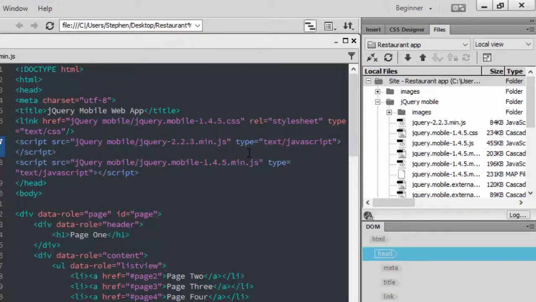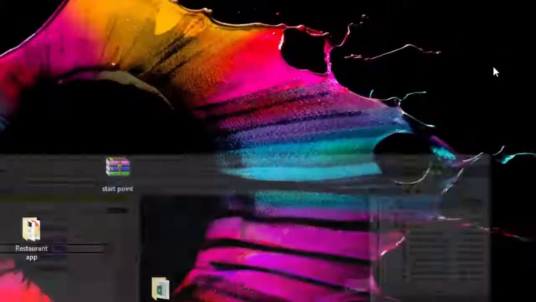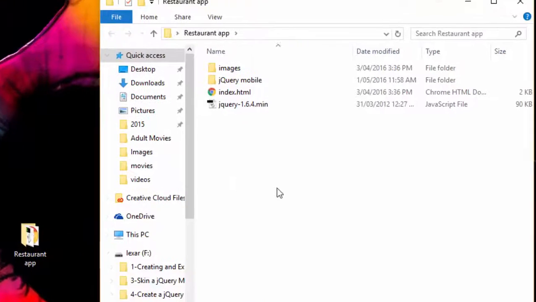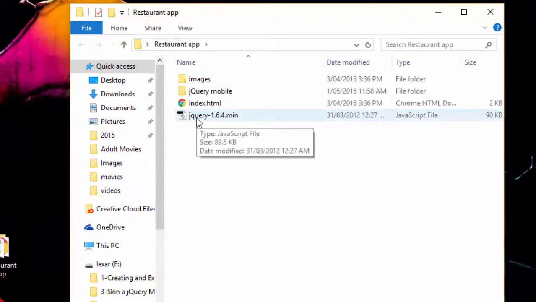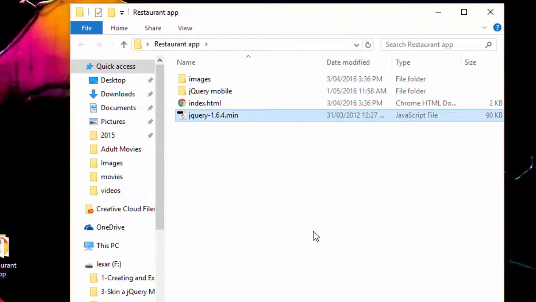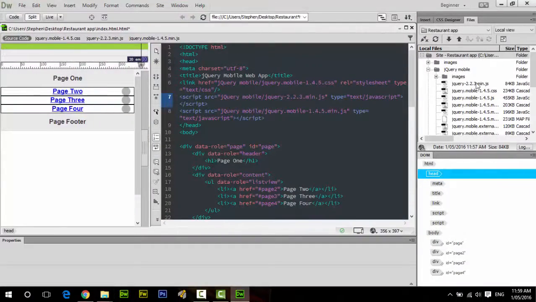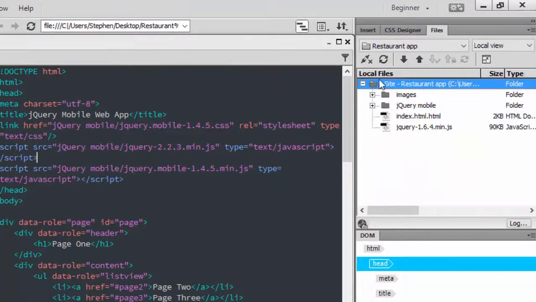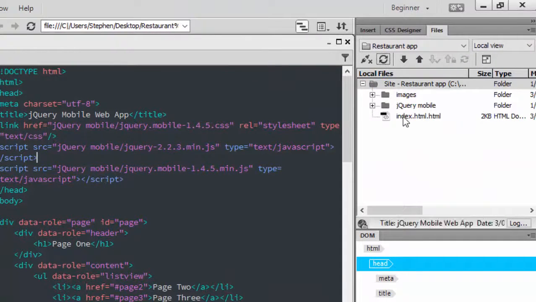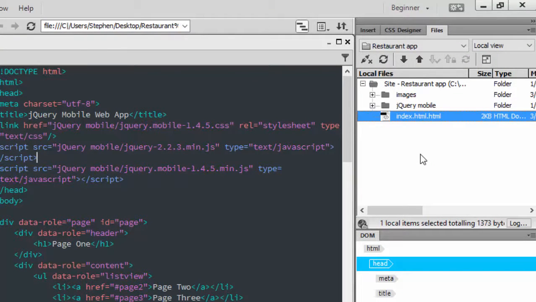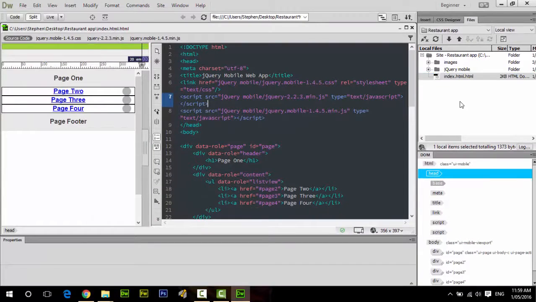and once we've done that, we need to again remove the old file, which is this jQuery 1.6.4, delete that, back to Dreamweaver and refresh our site, and now the only file we should have in the top level of our directory is the index.html. Save your file, and then